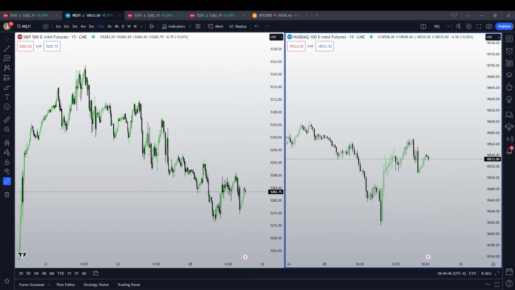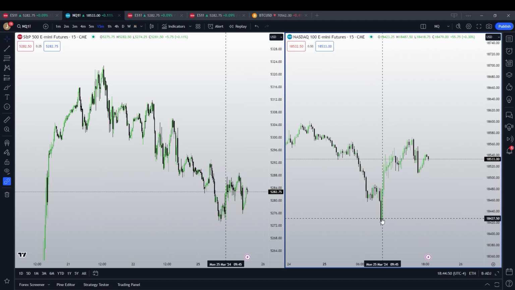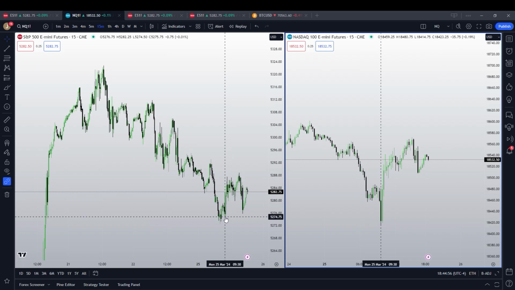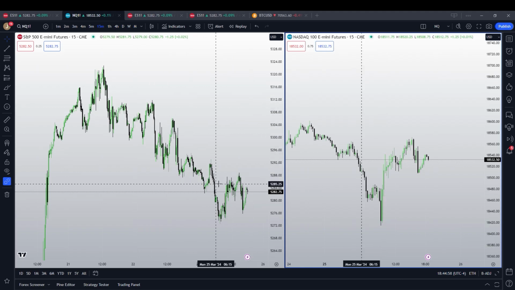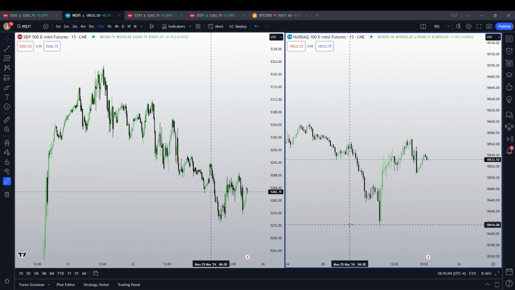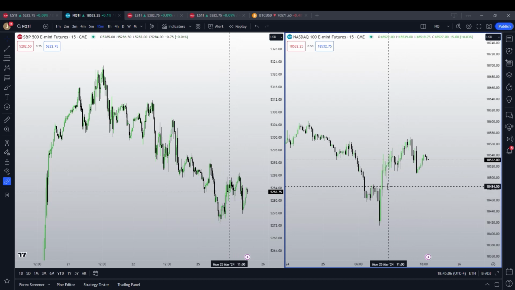Anyways, down into a 15-minute chart, we had this lower low here while we made a higher low on ES. That's actually what I was looking at. Then I was deciding that I would like to trade NQ over ES because look at this movement to the upside and created a beautiful little gap.